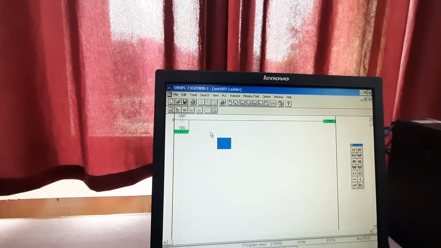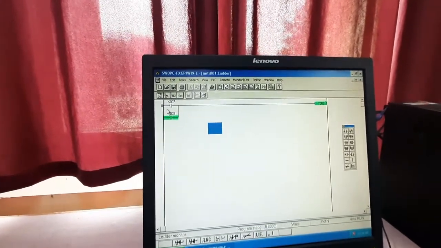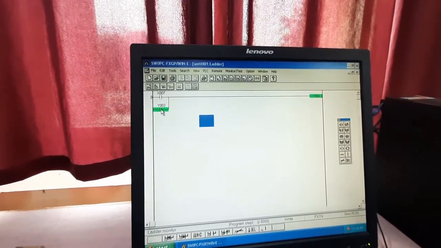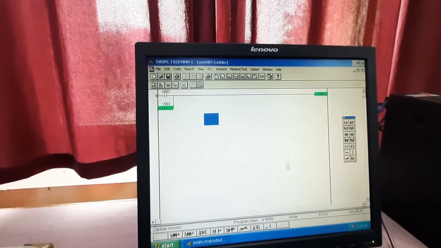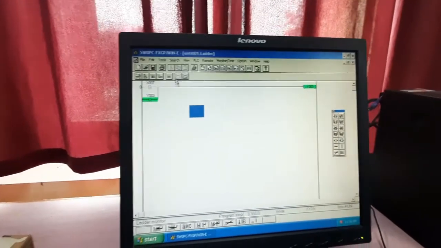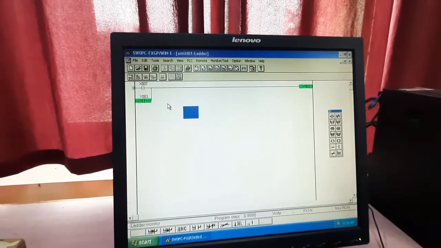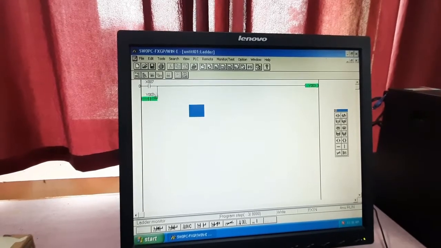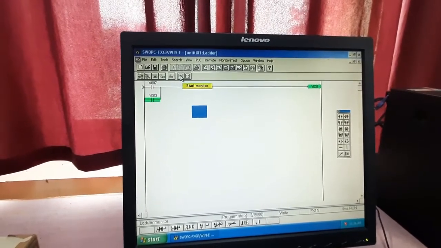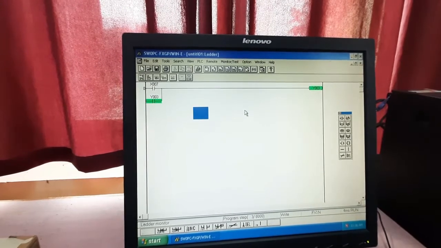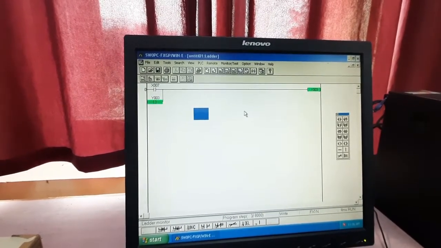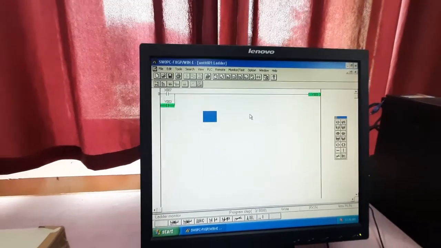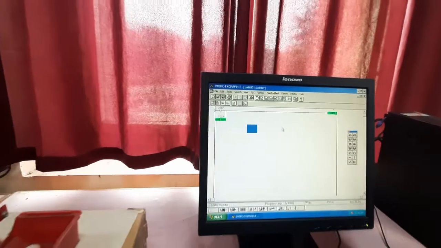When we click start monitoring, because this is normally open, these two things are live, which is why it is green. Whenever you are writing any ladder logic, if you want to see which switch is on or off, or which one is not working, you can differentiate by using this start monitoring button. So in this way we are doing the experiments in our PLC kit, basically this PLC experimental setup.